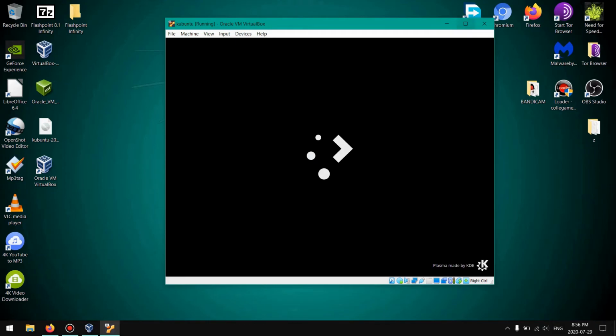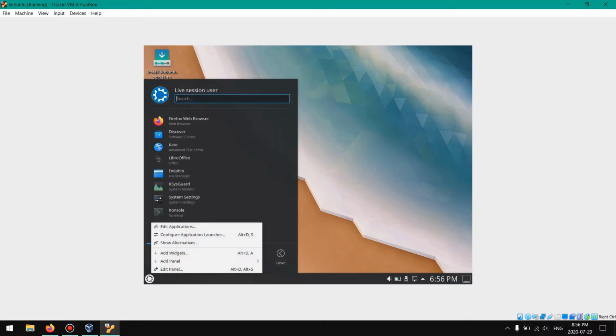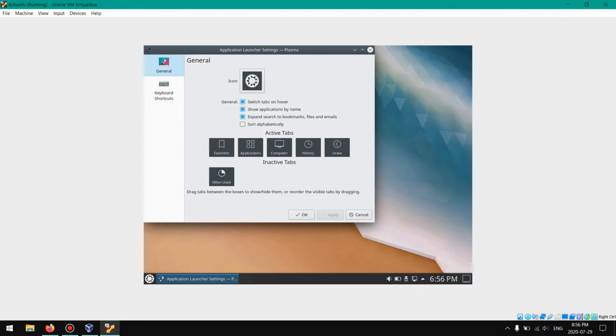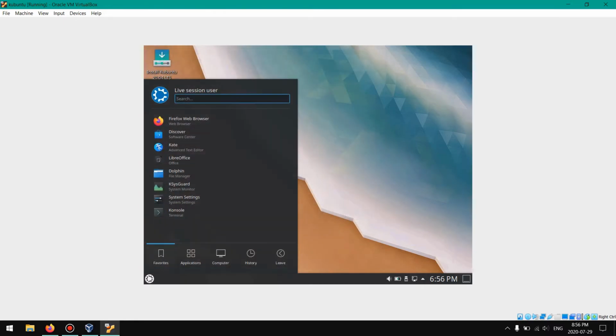It is loading. If you press full screen, you will see a blank background because the screen resolution is small. This one will work exactly like a host machine.